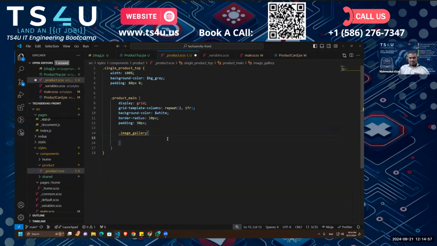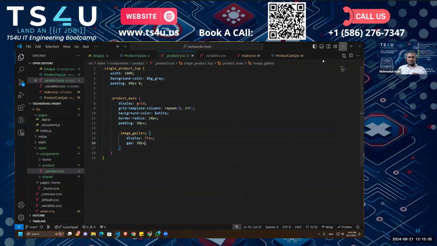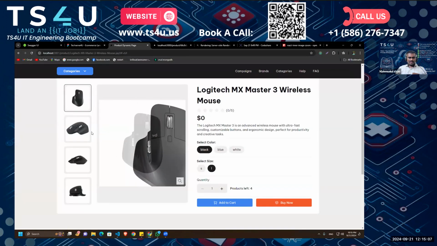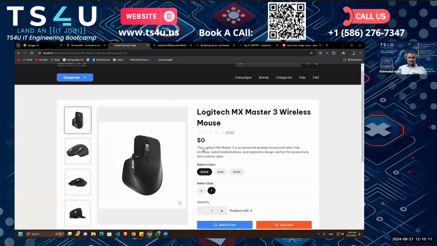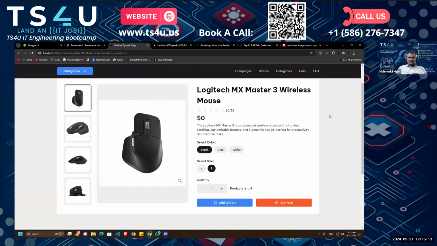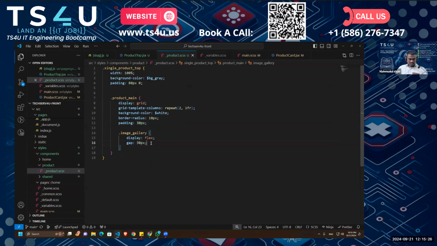Okay, I'm just going to give it a display of flex and then gap of 30 pixel. So yes, this is the gap I'm talking about. So we have our main layout, that is grid. This is one fraction and this is one fraction. And inside our image gallery section, we also have two sections. This is the left section and the right section. And for that, I'm going to say